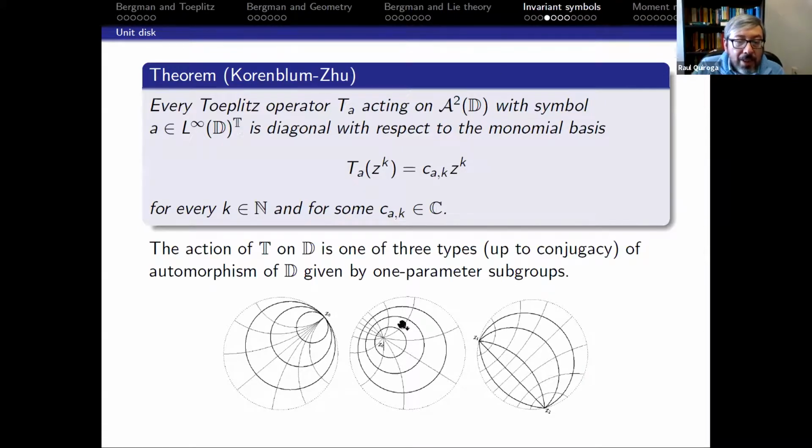But this action of T is just one of three pictures. This picture here, well, I moved the point origin, but the action of T gives you this picture: the dark lines as orbits, the light lines are just the normals, which are geodesic. There are two other pictures if you consider all possible, up to conjugacy, one parameter subgroups of biholomorphisms. This is the parabolic case, this is the hyperbolic case, this is the elliptic case that generalizes, as Nikolai mentioned,